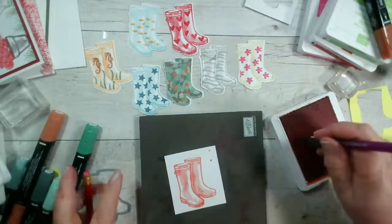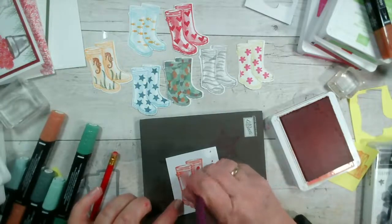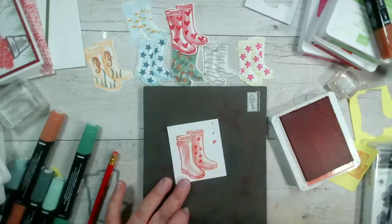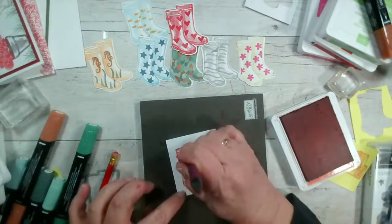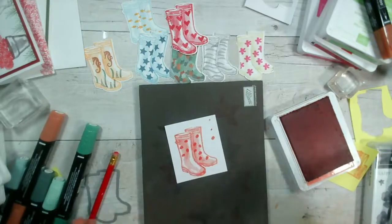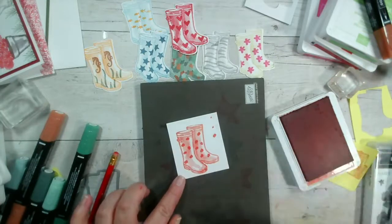Let's try this one. So you can dip this in the ink and create your own spots, like so. So if you haven't got a little round stamp that you could use, then improvise. Have a look on your craft desk, see what else you've got. This is quite an old one, so it's slightly misshapen,